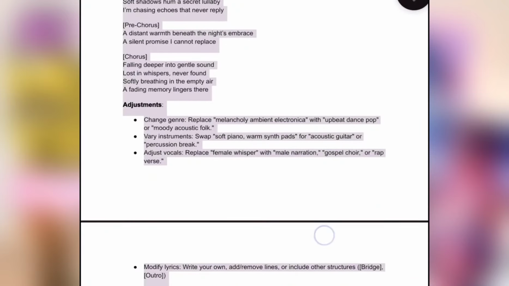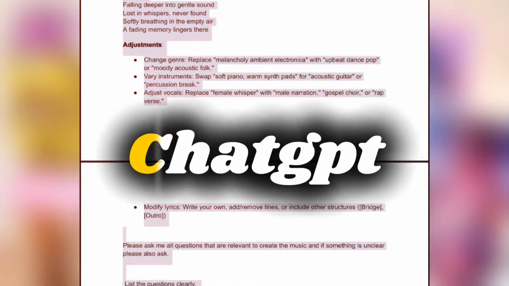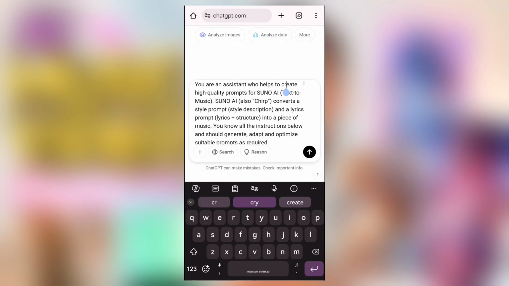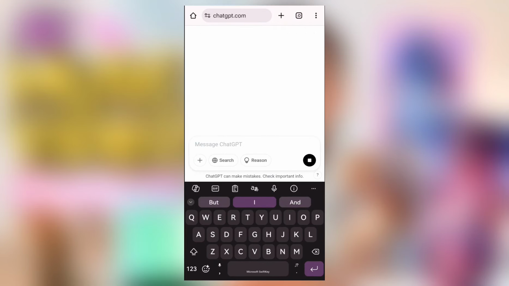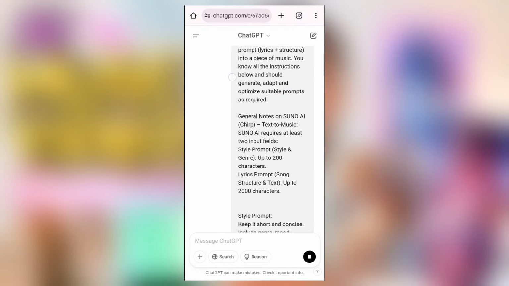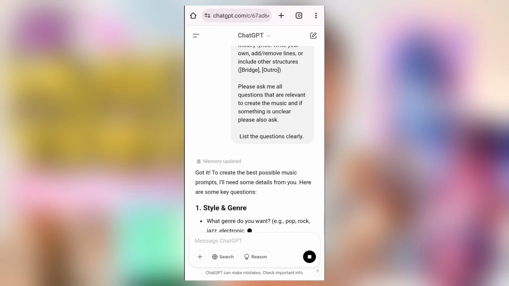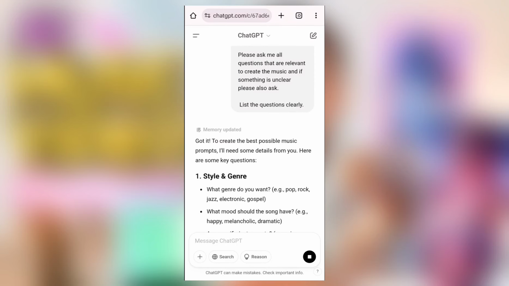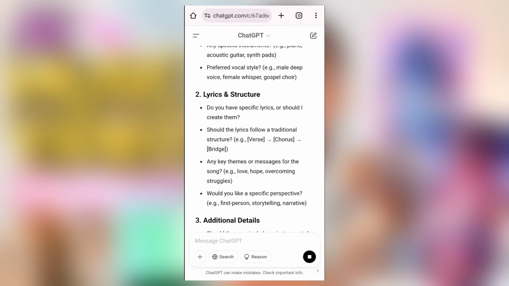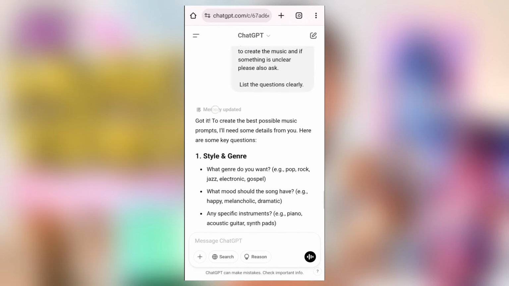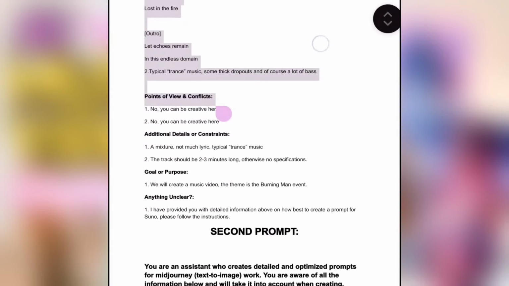So once you're done with that, you come over here to ChatGPT, and here on ChatGPT you just have to paste the prompts right here, and automatically ChatGPT is going to send you some questions right from the prompts that you created, because this prompt is supposed to help us generate some questions. But then, to answer these questions, you can go ahead to put in the details yourself. However, I created answers to this. If you want to go easy from the prompt, you just copy out the answers that I created,